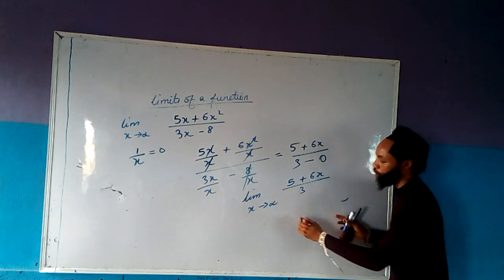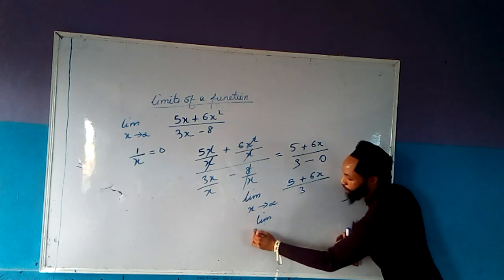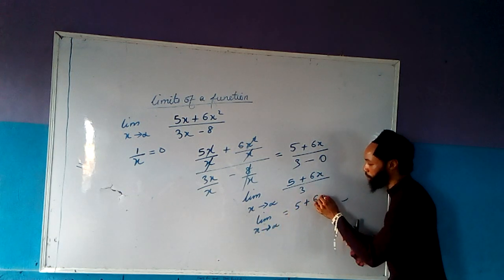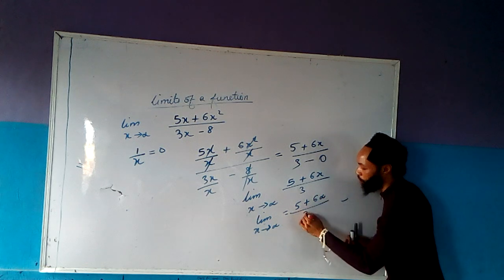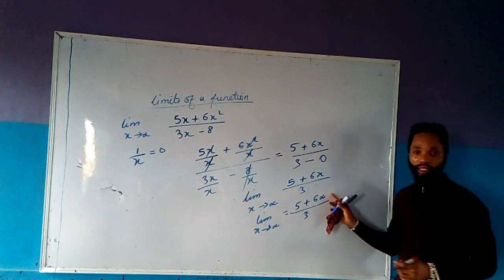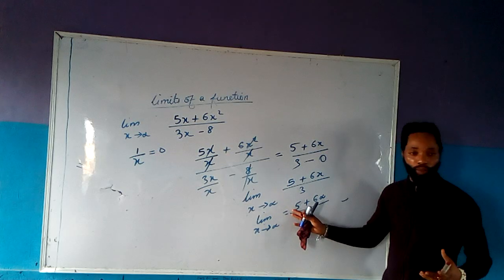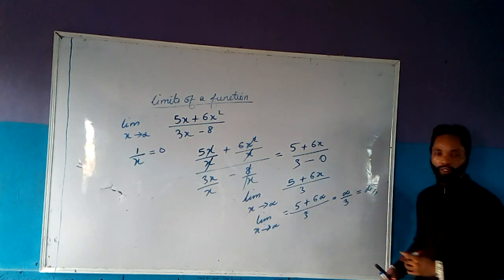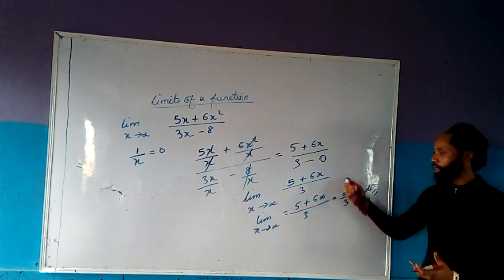Now, what did they say? X is infinity. What are we going to have? The limit as x approaches infinity will be 5 plus 6 times infinity over 3. 6 times infinity is a big number. Add it with 5, still a big number. Is it not true? So we still have infinity. Infinity divided by 3 gives us infinity, still a big number. So that is the